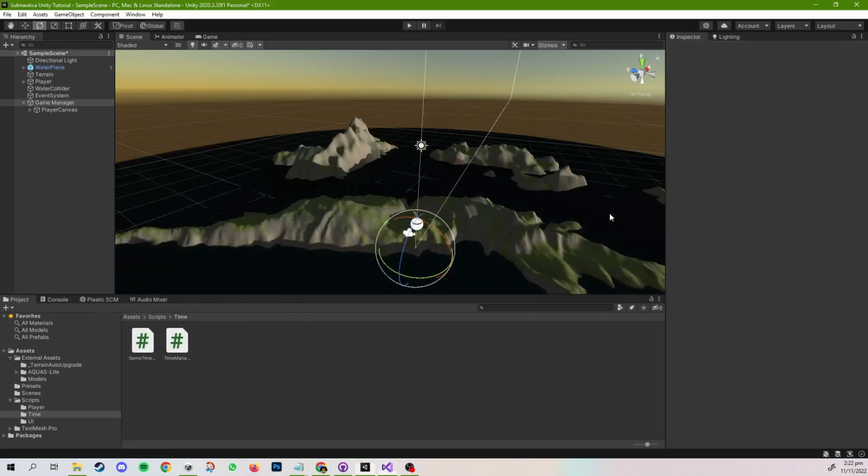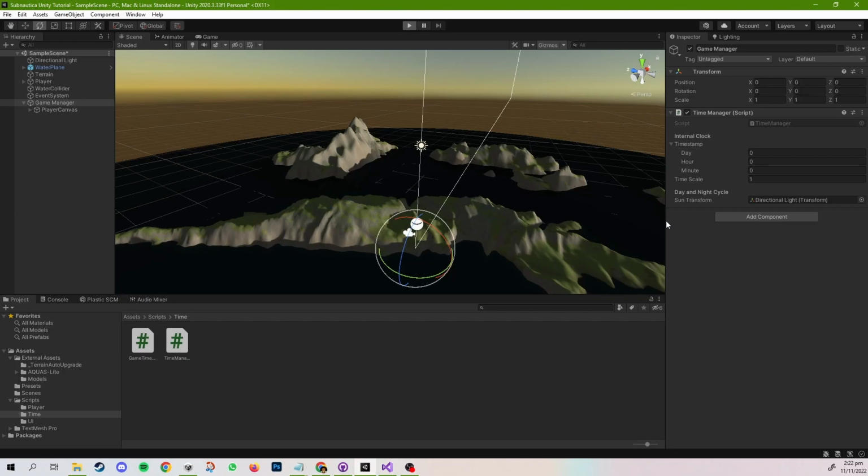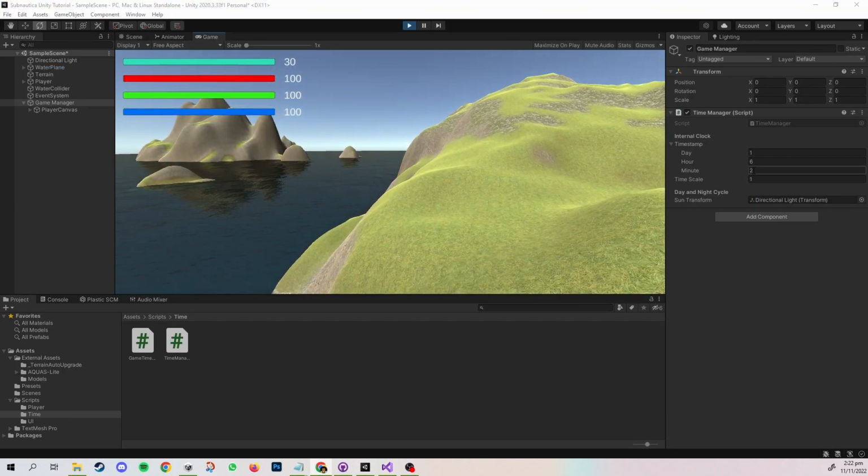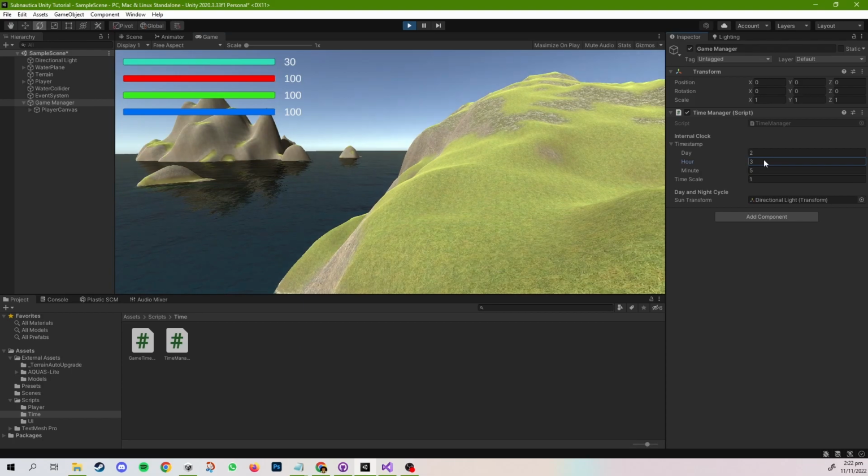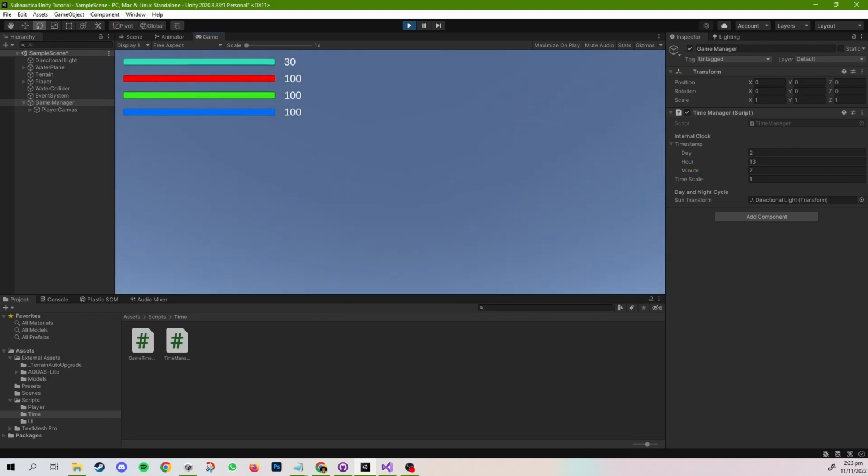And with that, the rotation should actually become smooth. So if I enter the play scene again, and actually if I drag this, you can see, if I look up,